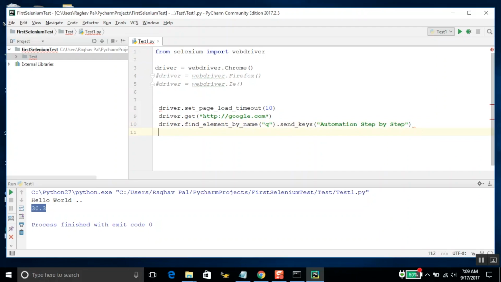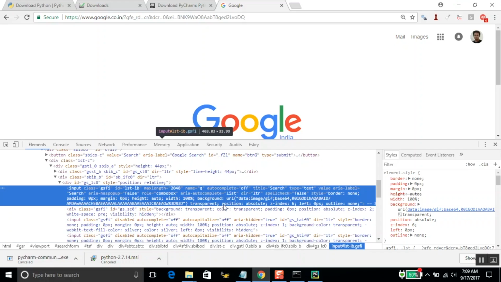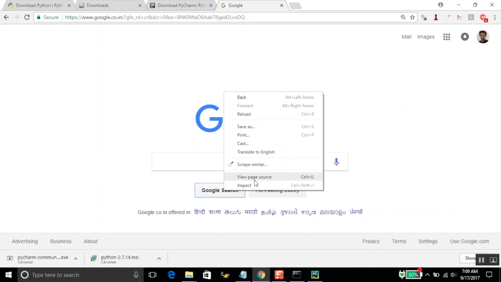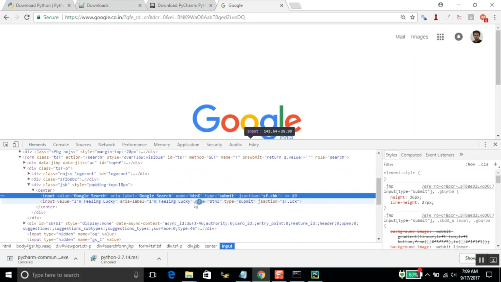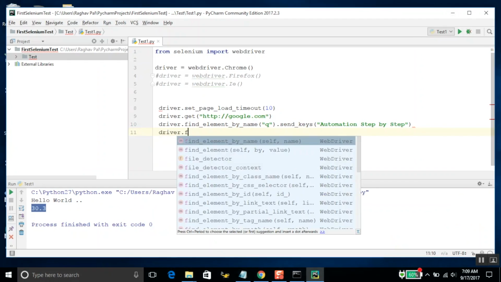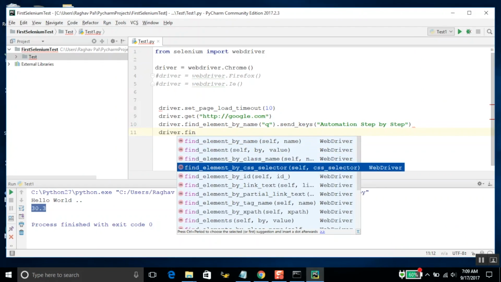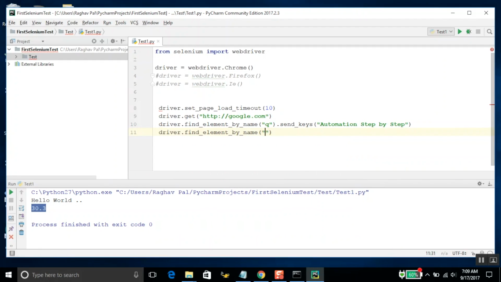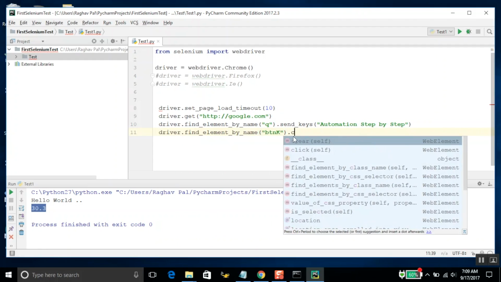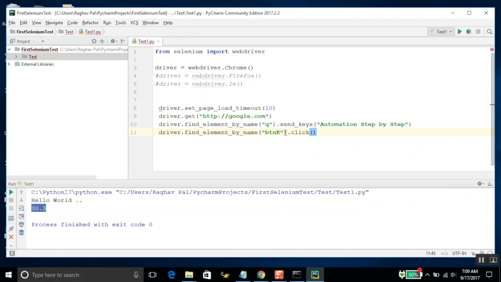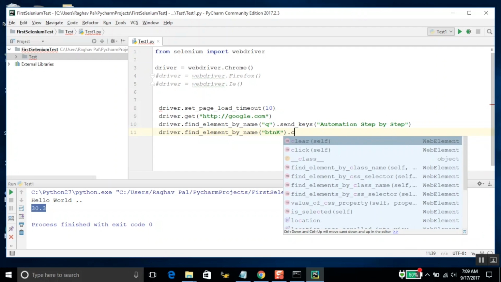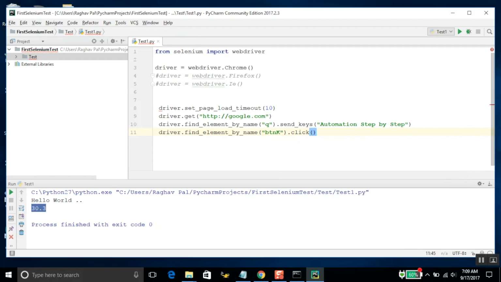and then I have to click on the search button. So let me also again go and see what is the name for the search button. I will say inspect, and I can see the name as this. So I will just copy it here, and I will say driver dot find element again by name, and this is the name, and I will say this time dot click. So these are all the options. As soon as you do a dot here, you will get all the Selenium options of what all you can do, right? So this time I just want to click this button, so I will say click,